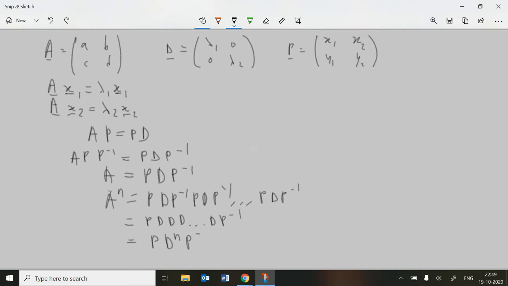If this is true, then this is true, then this is good. So we just need to show that this is true. So what I'm going to do is take PD, so I'm going to do P times D. So we've got this times this. Let's think about what that is. That's saying this times this, which is just going to leave us with this times this. Okay, so that's going to give us our matrix here, which is lambda 1 x1. And then we'll have,